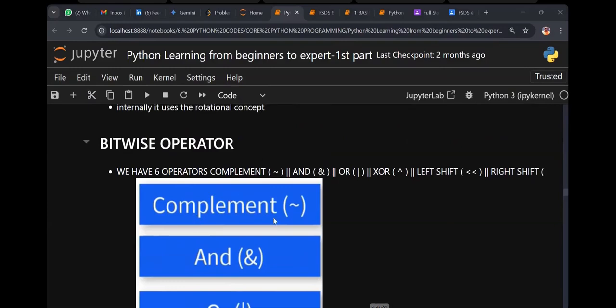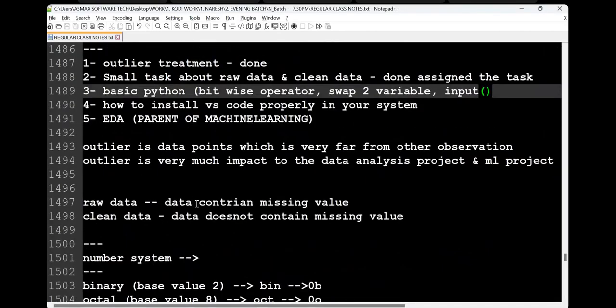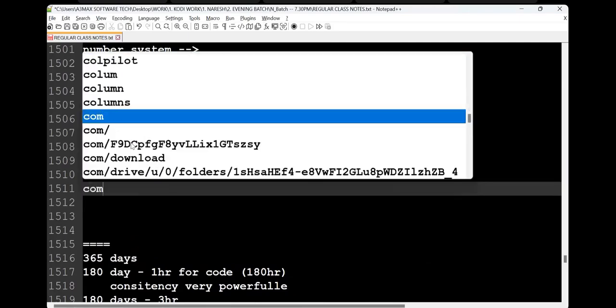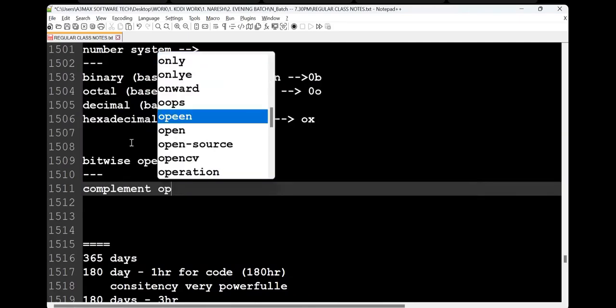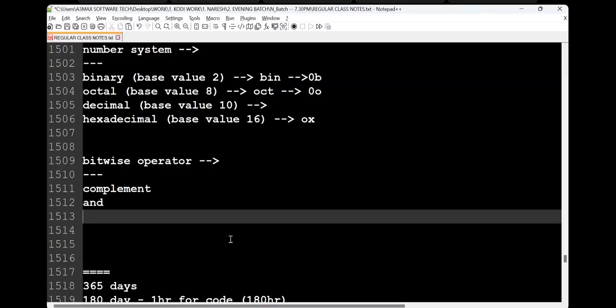The first one, complement. What is the first one? Complement. I'll go to my notes, and do you want me to maintain this type of notes or don't want, guys? Bitwise operator. In the bitwise, first one, complement operator. Now, AND operator.